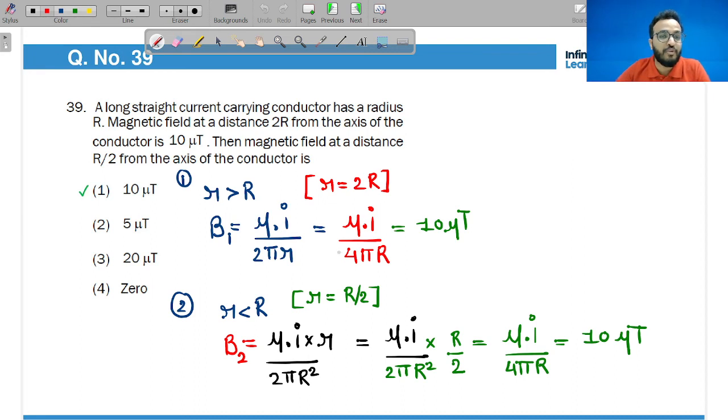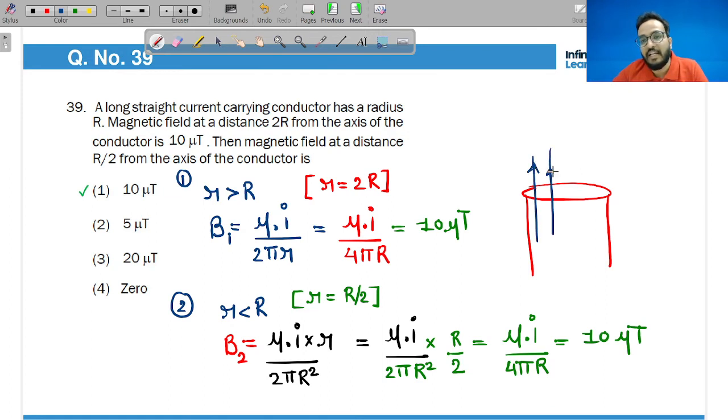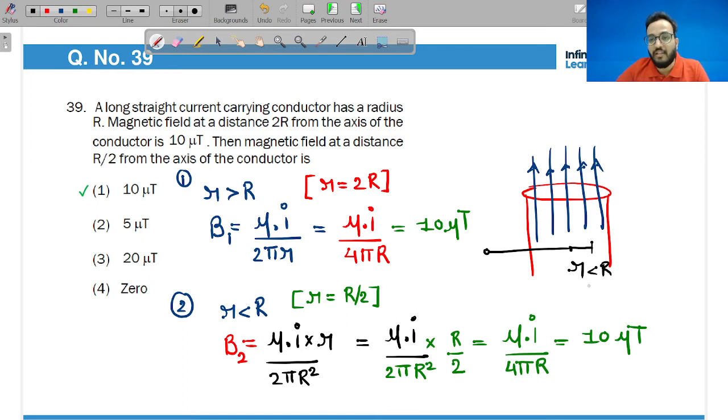Now use Ampere's circuital law. Using Ampere's circuital law, there is a logic. Suppose a wire is given like this and this wire completely carries current like this. So the current is carried everywhere in this complete cross-sectional area. Then for any point that is inside the wire and for any point that is outside the wire, the formula for magnetic field is different. Do you understand? So for inside the formula, for outside the formula is this, right? For outside,